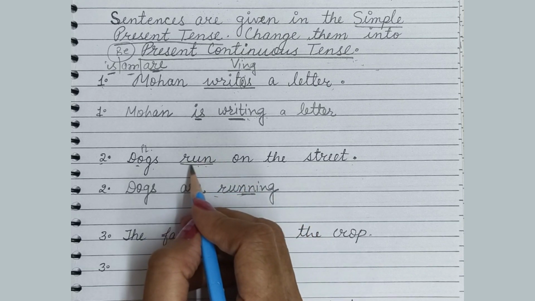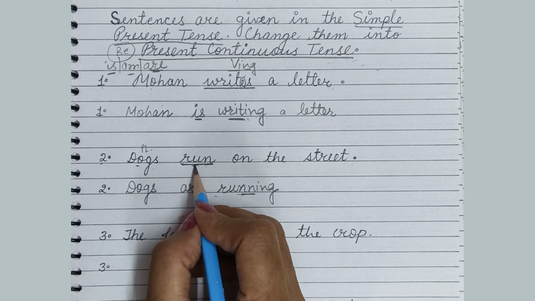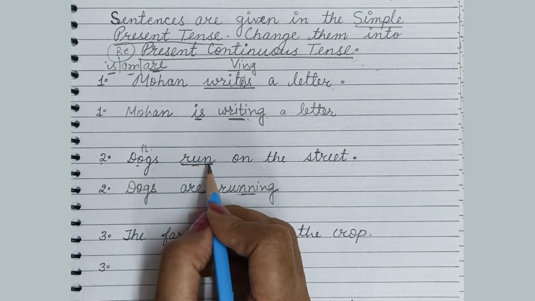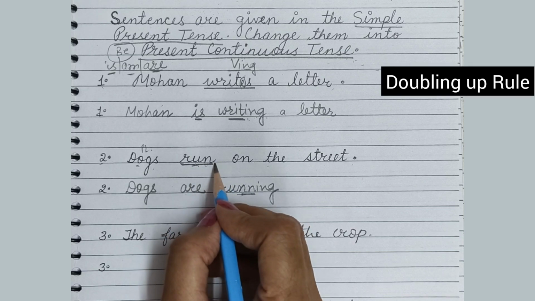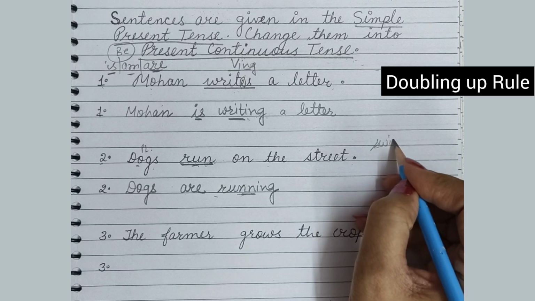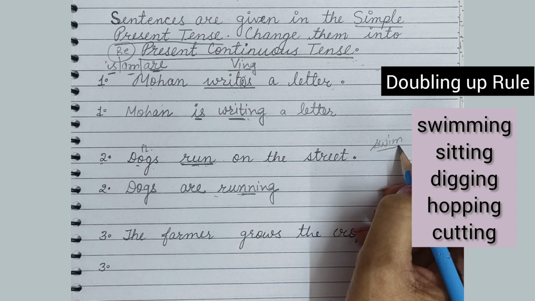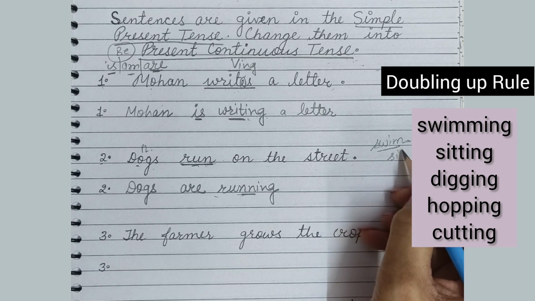Why? Because this run is a one syllabic word and after this single consonant there is a single vowel. So when it's a one syllabic word and before the last consonant there is a vowel sound, then you double the last consonant. Similarly, this rule, swim. When you change swim into swimming, you use double M. Swim, sit. Sit,